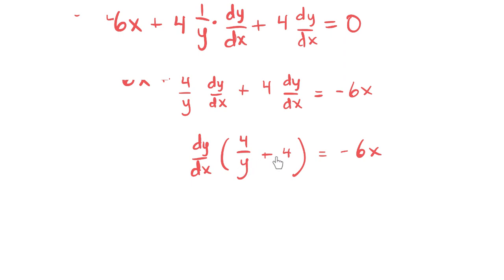Okay, now unfortunately here we need to combine this into one term because we have a fraction embedded in here. And if we were to divide this term underneath here, we'd have a fraction inside of a fraction. It's no good. So combining these into one term is not as hard as it sounds. This is really just 4 over 1. So multiply it by y over y. Now it becomes